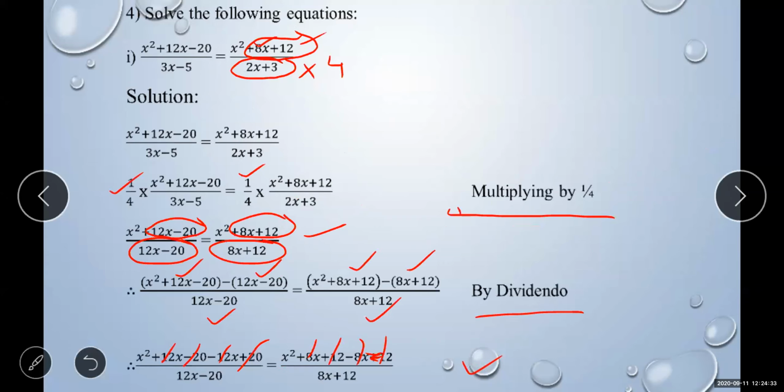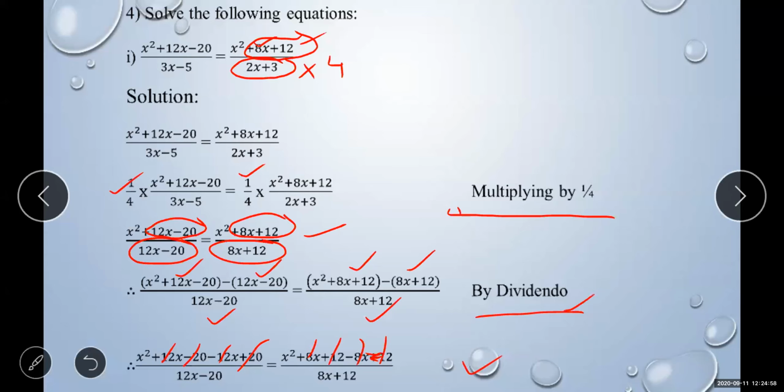As we have this bigger quadratic equation, we have to cut the same terms. To cut the same terms, we need the terms with different signs, the same terms with a different sign. So make them the same. How will you make them the same? By multiplying by 1 upon 4. So you get the denominator and numerator terms the same. Now change their sign. How will you change their sign?